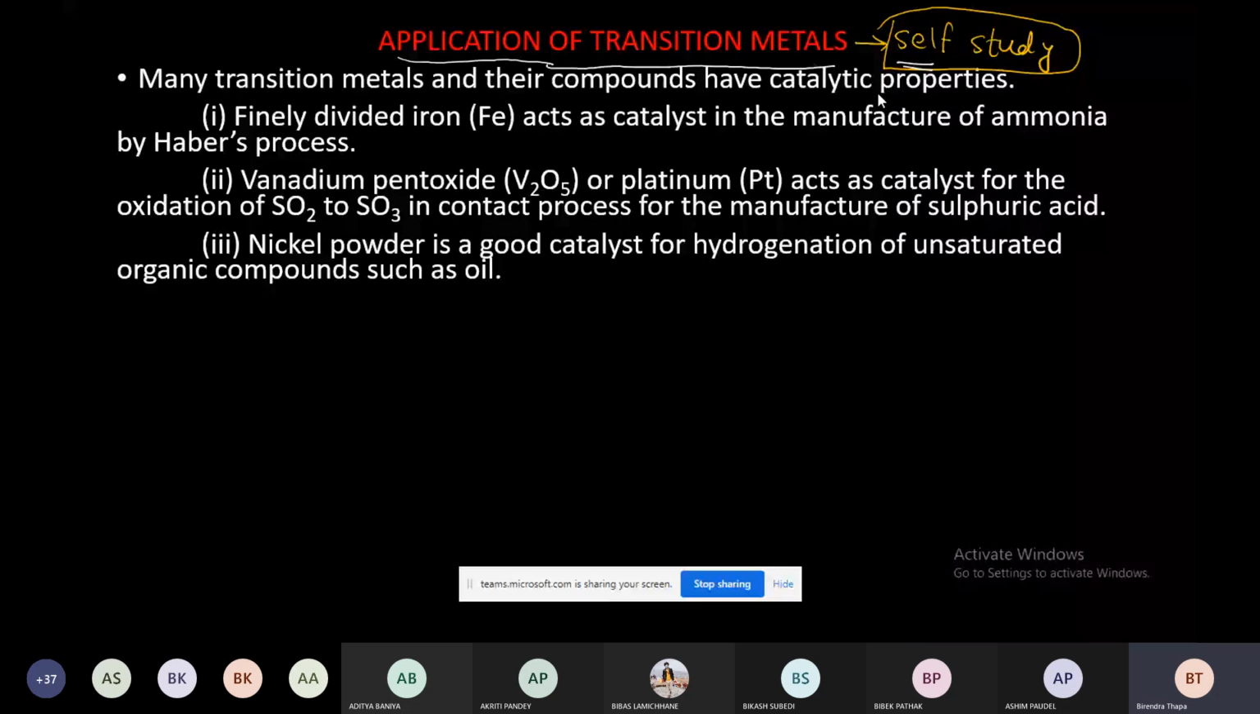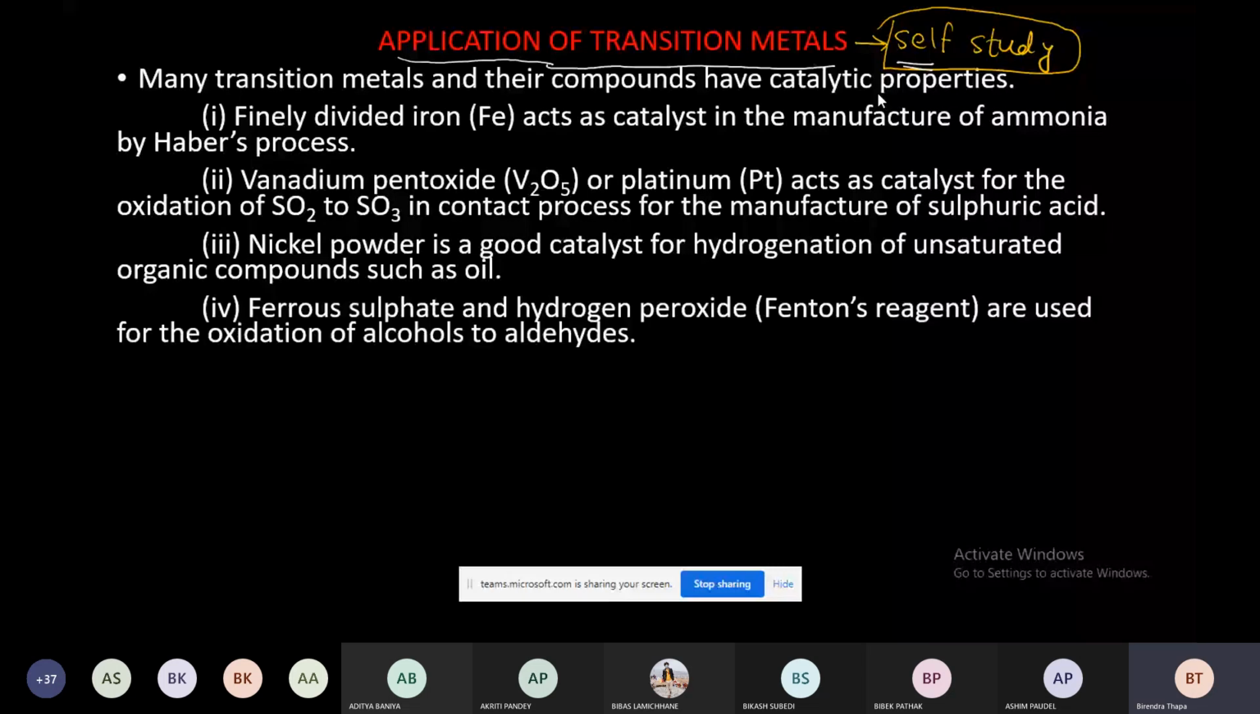Similarly, Fenton's reagent, which is ferrous sulfate and hydrogen peroxide, FeSO4 and H2O2, is used for the oxidation of alcohols to aldehydes. If stronger oxidizing agents are used for the oxidation of alcohols, then they get first converted to aldehydes and then to carboxylic acids. To stop the oxidation at aldehydes, we have to use Fenton's reagent,